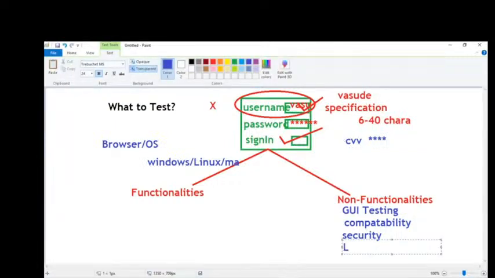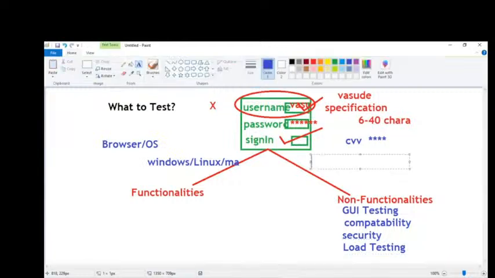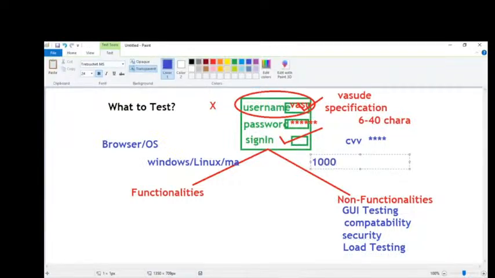The next thing we have to focus on is load testing. What is meant by load testing? Here we check the functional and performance behavior under various load conditions. For example, in the initial days Gmail was developed for only 1,000 users. If all these 1,000 people are accessing Gmail at a time, what is the behavior of the application? How much time will it take to log into the application? If you increase the load to 20,000 people accessing at a time, what is the behavior? Here we have to understand that. So focusing on this,